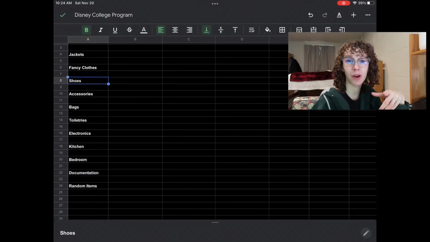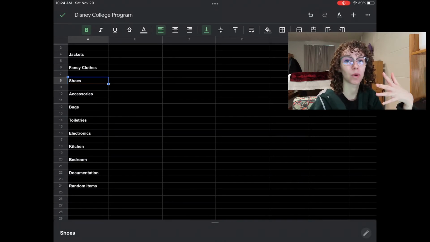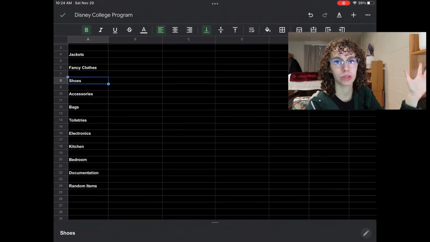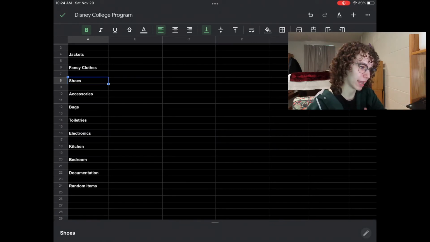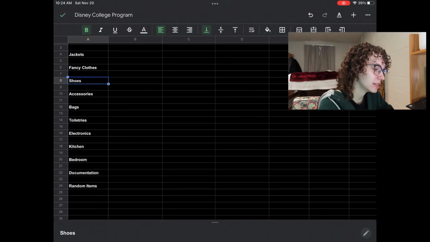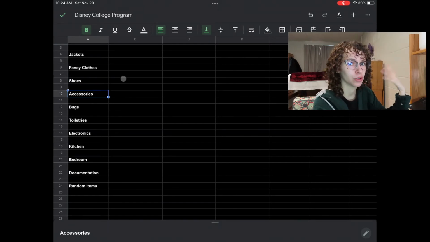Also, little disclaimer, if you're thinking about getting your costume shoes, wait until you get your role, because there are different shoes for different roles. So if you see somebody who has the same role and they say get these shoes, just hold off, because Disney can change what shoes they want you to wear. So just wait. Then I have accessories, like hats, jewelry,